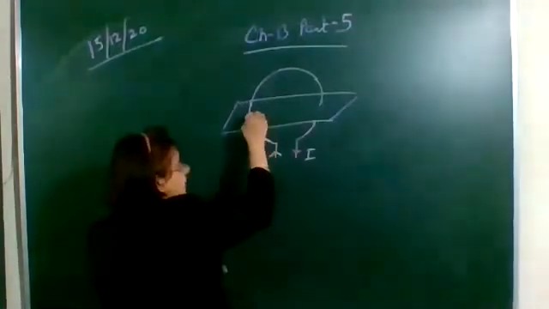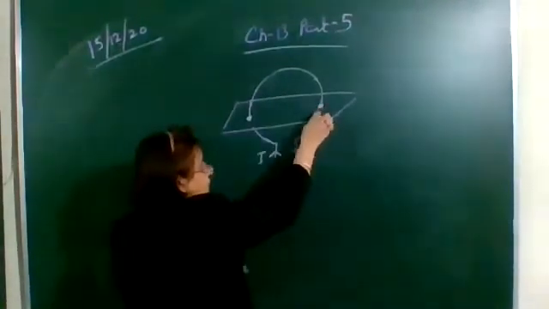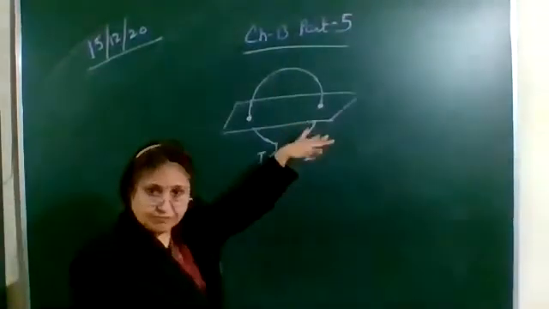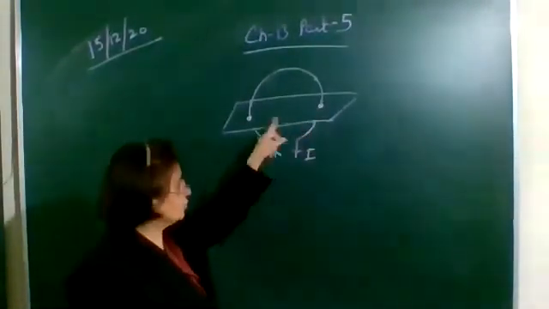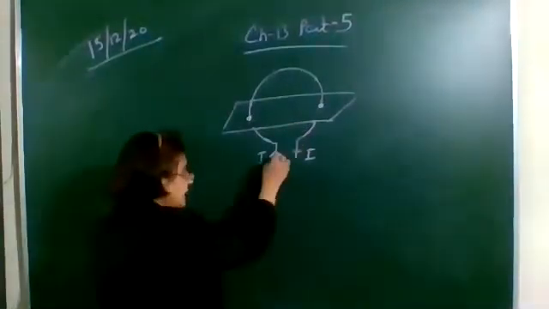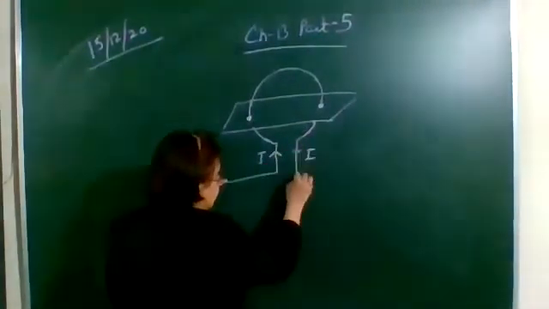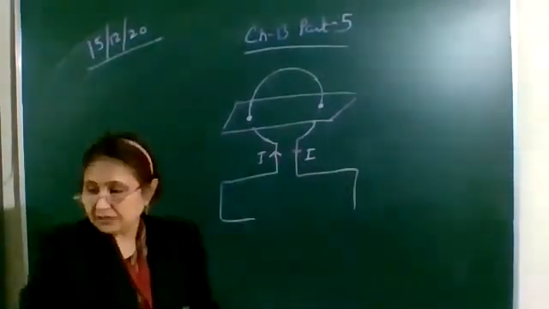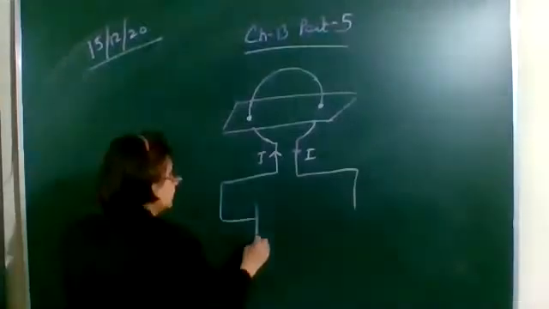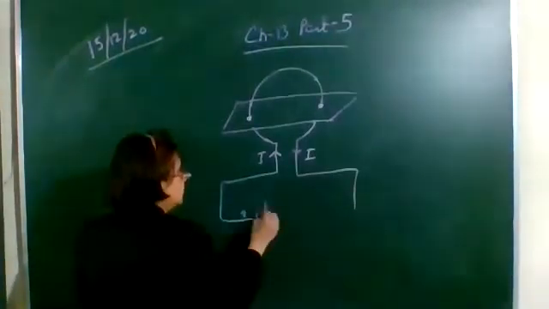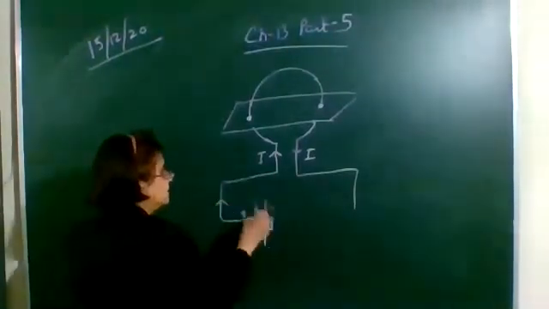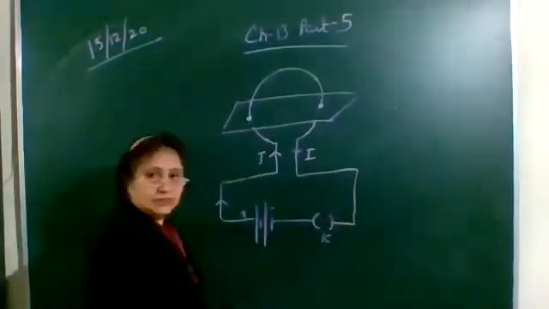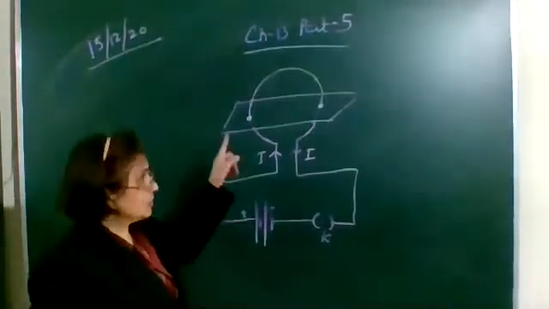Okay, so here we have made 2 holes in the cardboard, and pass this wire through the cardboard through these holes. Then complete the circuit by connecting a battery. A battery is a number of cells connected in series. Let this be the positive terminal, so that the current flows in this direction, and a key over here. Connect the circuit.